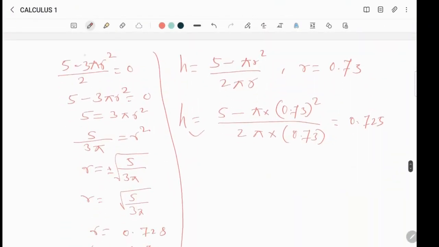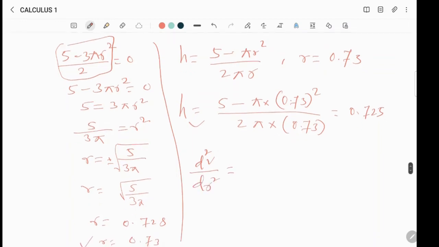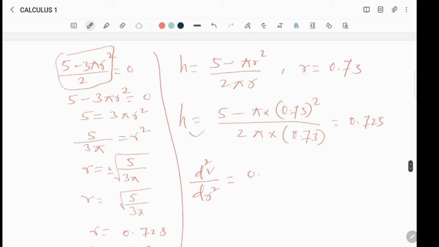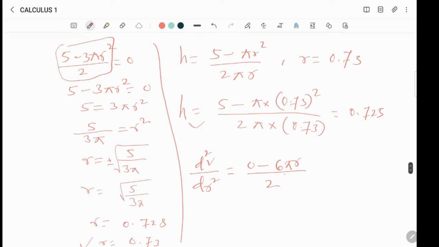So this was our dV over dr, right? So we have to first find d2V over dr square. So that is the differentiation of 5 minus 3 pi r square over 2, which is 0 minus 6 pi r over 2, and put radius 0.73 in this. That will be negative. So yes, V max we will get at radius 0.73 and height also 0.73. Okay,